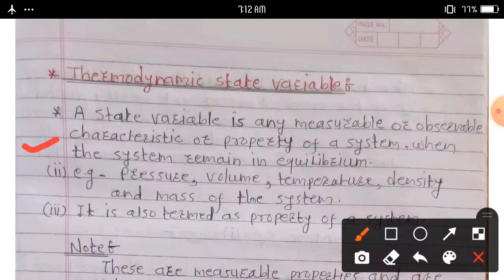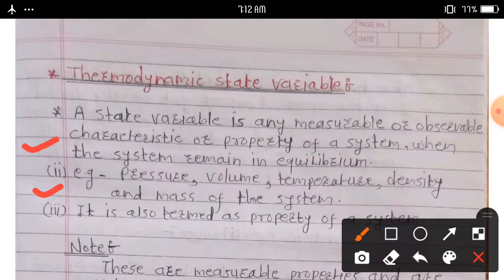A state variable is any measurable or observable characteristic or property of a system when the system remains in equilibrium. For example,